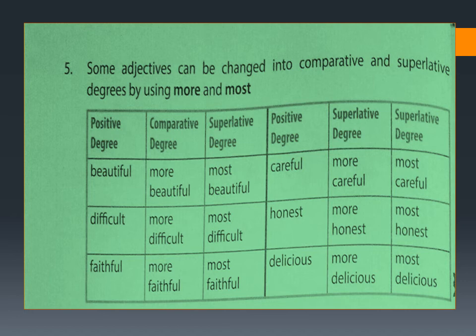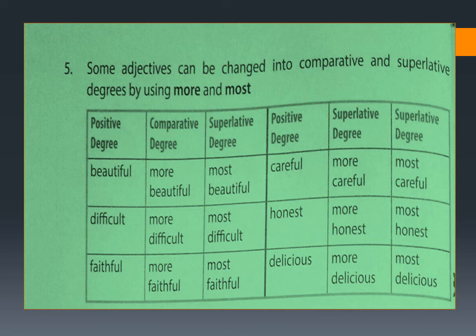Now, how are comparative degrees formed? Comparative degrees are formed when these positive degrees are changed with an addition of ER. Now, if you look at the examples, children, nice is changing to nicer in comparative degree. So, what is the change here? ER. Safe, safer. Large, larger. Wide, wider. Hard, harder. Smart, smarter. Long, longer. Soft, softer. Soon, sooner.